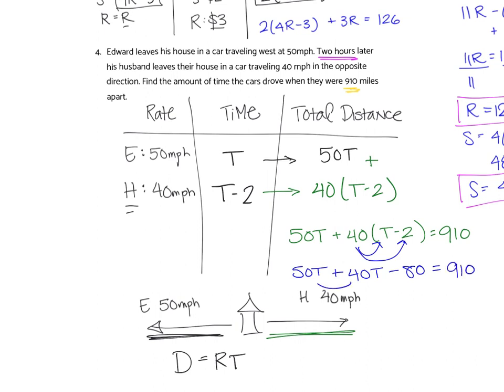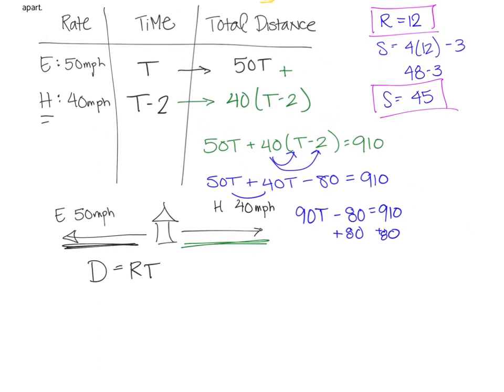I'm going to combine like terms and get 90t minus 80 equals 910. I'm going to add 80 to both sides so that I have 90t equals 990. And then if I divide both sides by 90,